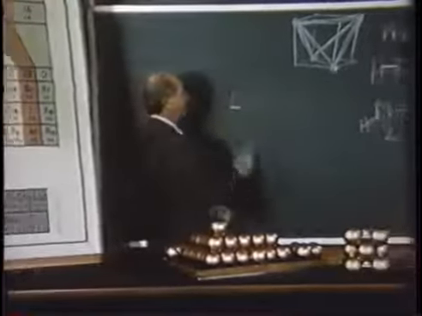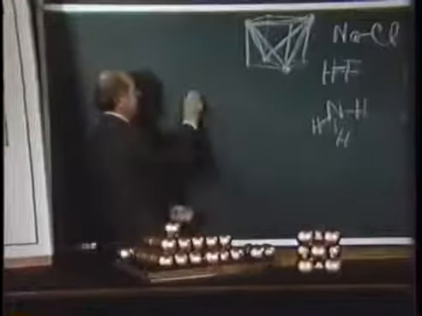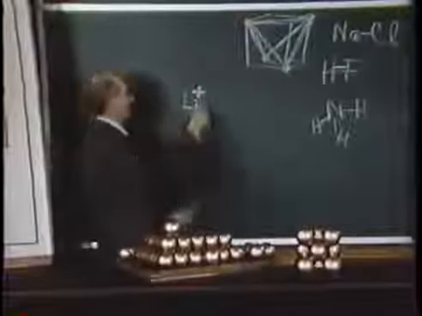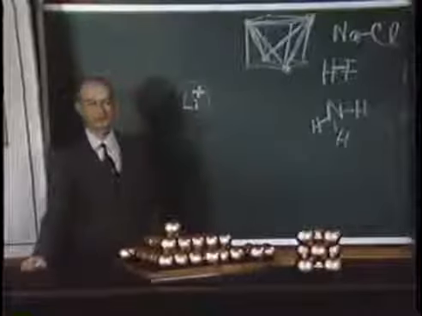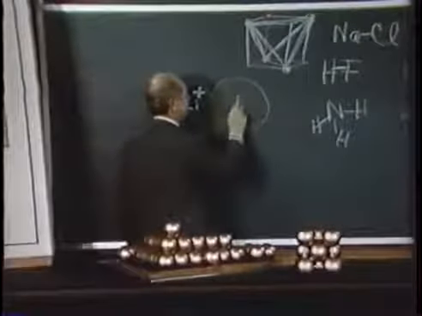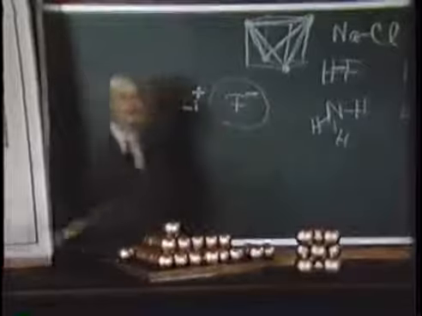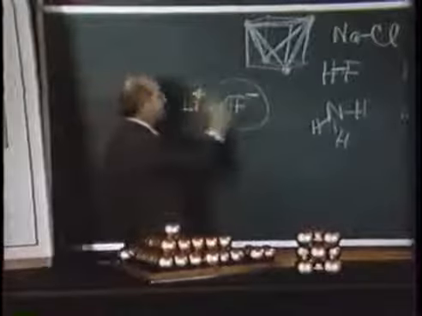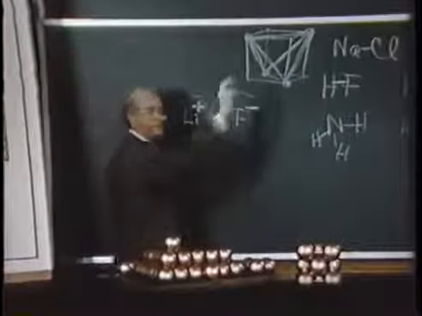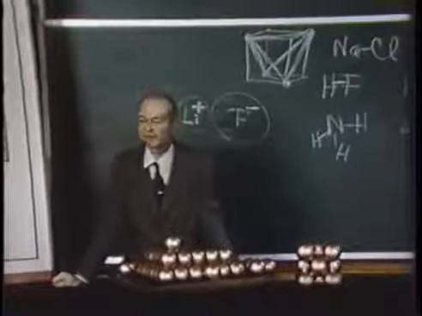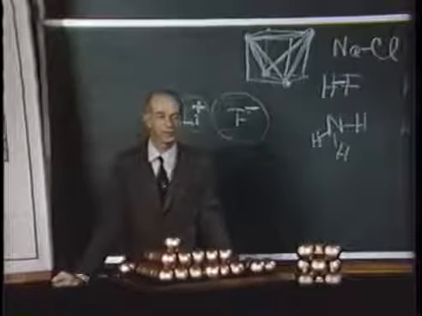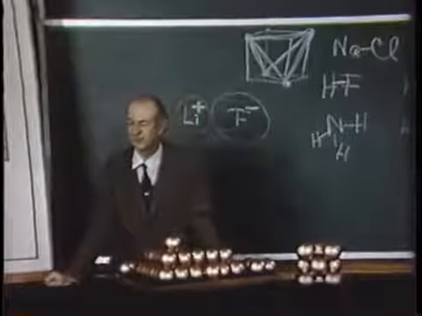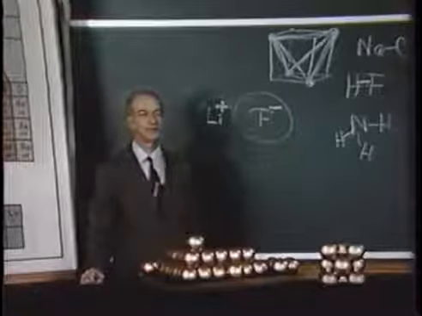The structure of lithium fluoride is the following one. Lithium has lost 1 electron and become the lithium ion with the same number of electrons as helium. Fluorine has gained 1 electron and become the fluoride ion with the same number of electrons as neon. Then there is the electrostatic attraction between these ions of opposite electric charge, the same sort of attraction that operates between 2 pith balls, one of which has a positive charge and one a negative charge, between any 2 objects that have electric charges of opposite sign.